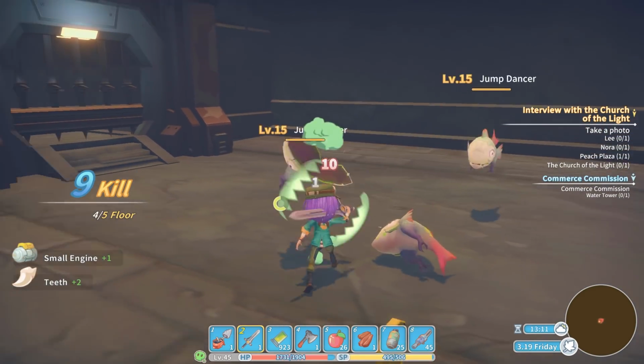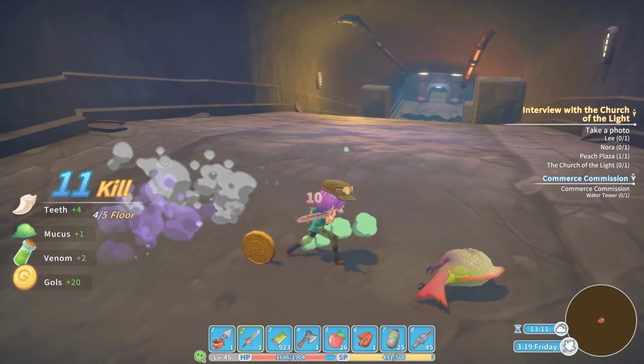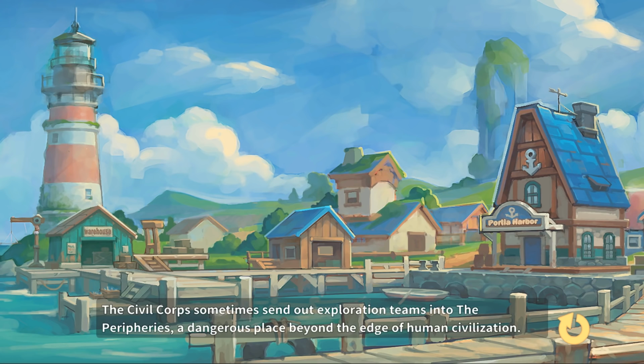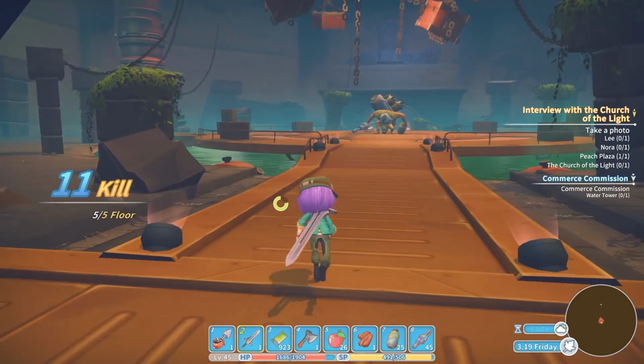Wow, I am hauling in the small engines today. That's 2 in one run, and I'll get another one off the boss as well. Why do these things always happen when you don't need them? I do get the feeling I'm kind of a little bit past the point where